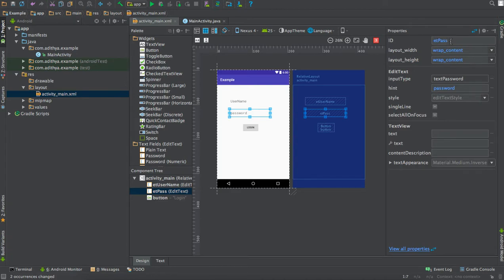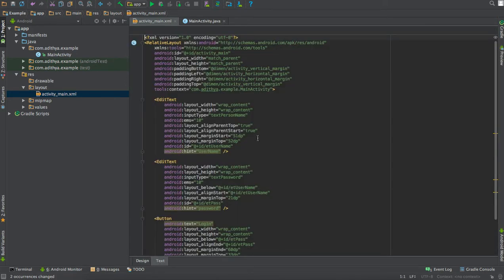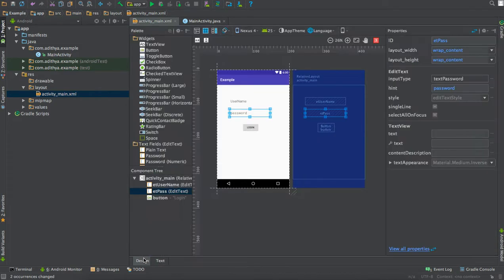When you change something here in the properties, it will automatically change your XML file. You can see here at the ID field ETUsername which we have defined and ETPassword which we have defined. So there you go. If you run the app,